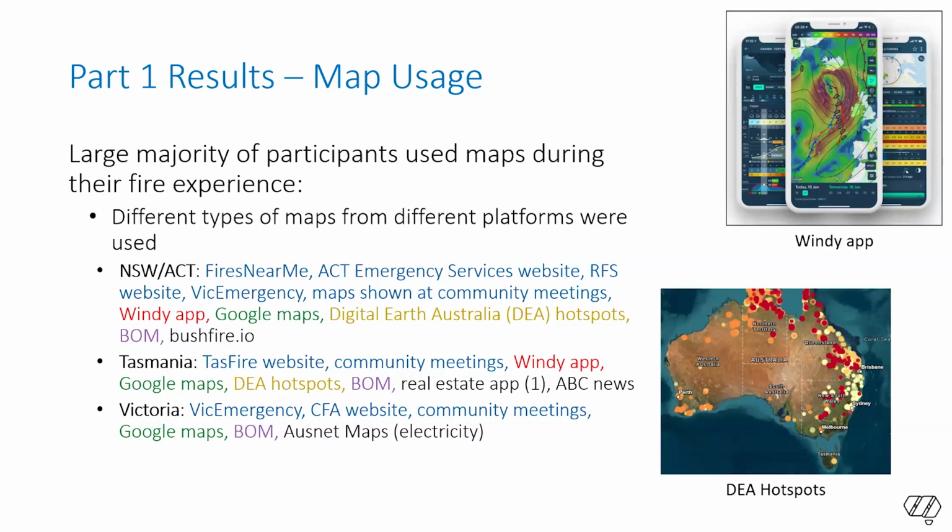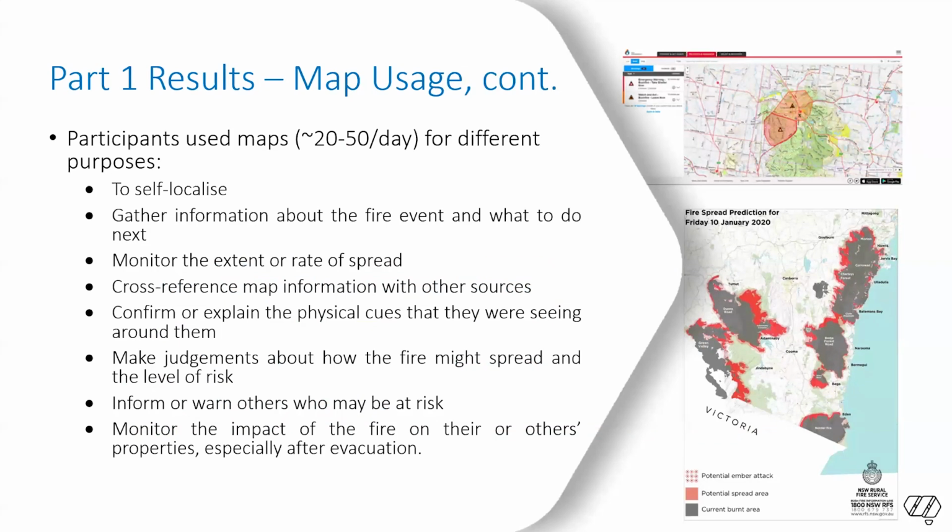Also, across all 3 locations, people mentioned the importance of the community meetings and the maps shown at the community meetings. And a lot of our participants in New South Wales and ACT highlighted Bushfire IO as something that they looked at quite frequently, as well as people on the border of Victoria also downloading the Vic Emergency app and using that during the events. And participants use maps sometimes up to 20 to 50 times a day for a number